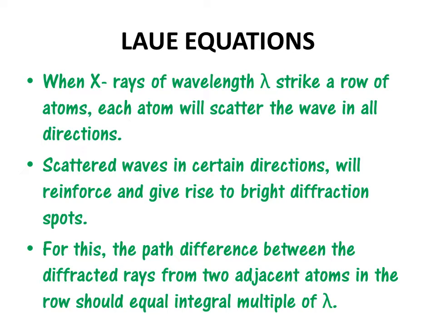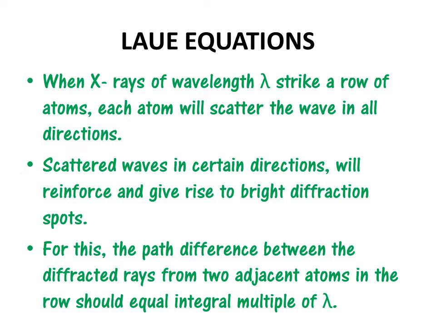So the argument is that when X-rays are falling on a row of atoms in the crystal, each of these atoms will be capable of scattering these X-rays in all possible directions. But in certain directions they will undergo constructive interference, or they will get reinforced, and it will give rise to bright diffraction spots. So in order to get this constructive interference, we will have to think about a minimum of